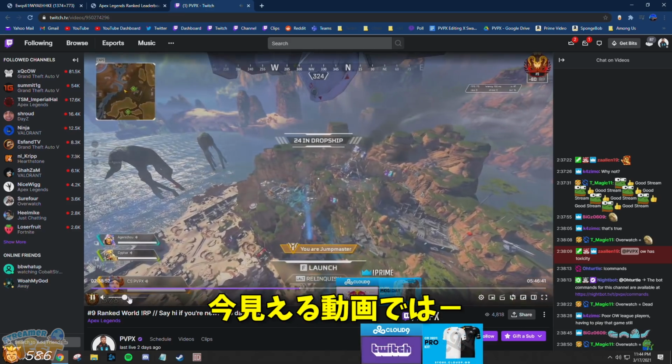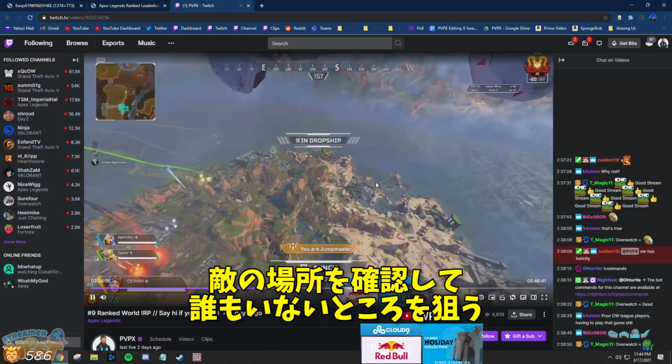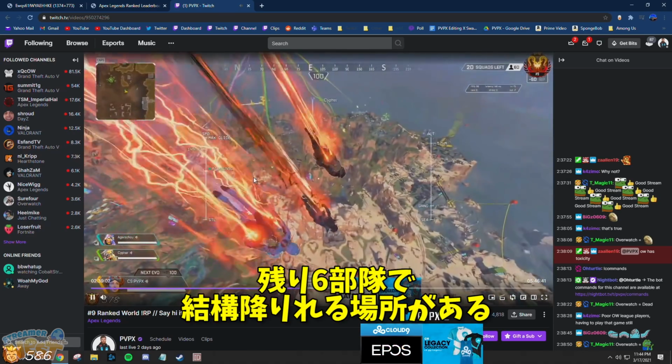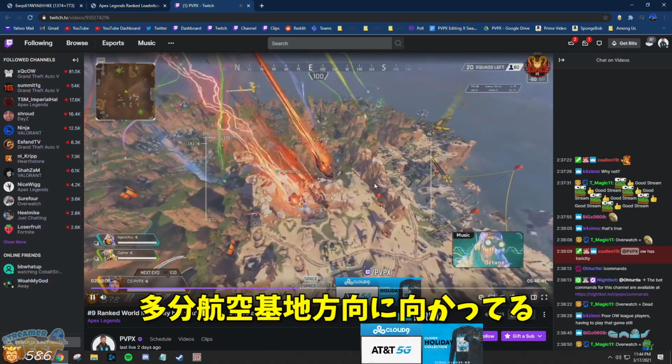So what you'll see here is during the flight path that's going right through the middle of the map, I'm looking around and seeing where everyone else is landing, because I want to land at a spot where no one else is at. So right now there's 6 players in the drop, and I see there's a lot of open spots. So I'm going to pick to go towards